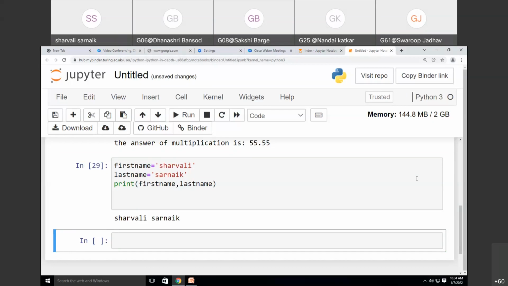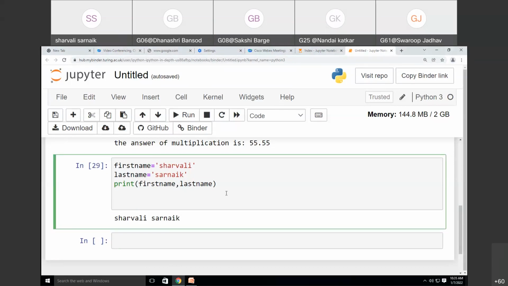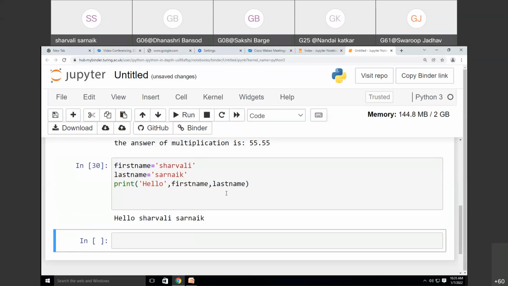Sharvali Sarnaik. Now what I want is hello Sharvali Sarnaik. This output I want. So what do I need to do? In this print function, I am going to write in quotes hello, then comma, first name, comma, last name. When I run this code, I get hello Sharvali Sarnaik.